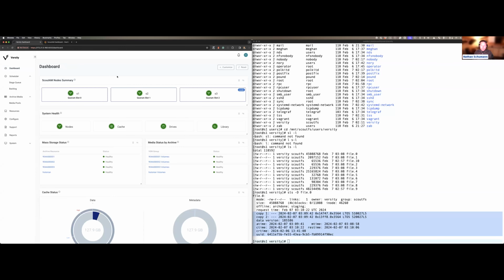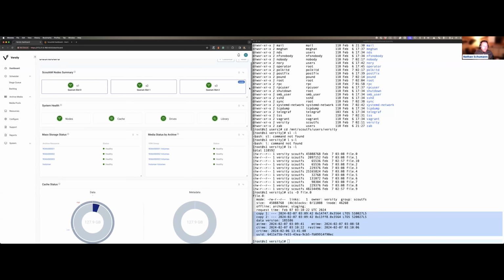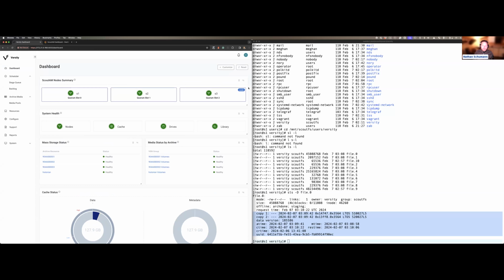I glanced over the dashboard, but I want to touch on monitoring of the solution. The dashboard gives us a quick view of the servers that I have. Again, I've got 3 servers. They're all configured as quorum, which means they're all in an HA configuration. So if I lost one server, the whole solution will keep going. If I added 2 more servers, so I have 5 quorum nodes, then I can lose 2 nodes and so on. So the more quorum nodes I have, the more resiliency I have in the solution,